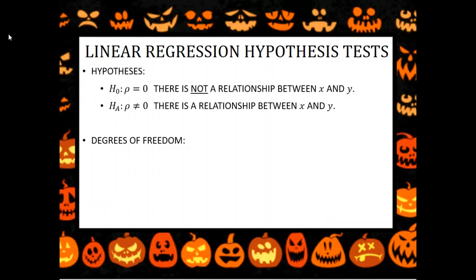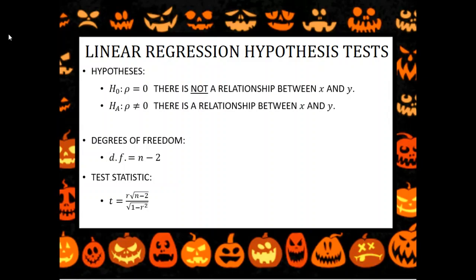So the degrees of freedom is n minus 2. And your test, and this is t, and the way you're going to find t is by using r. So the test statistic is r times the square root of n minus 2. In other words, the correlation coefficient times the square root of the degrees of freedom divided by the square root of